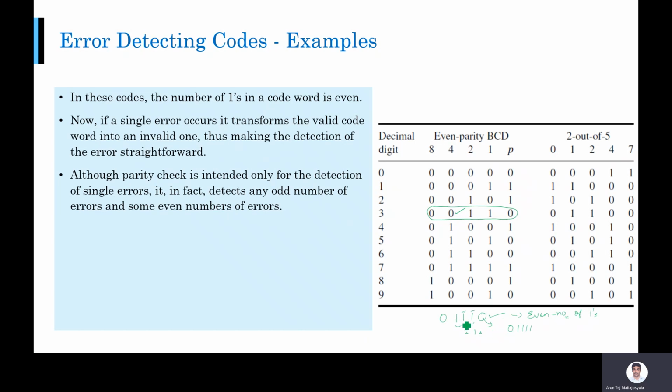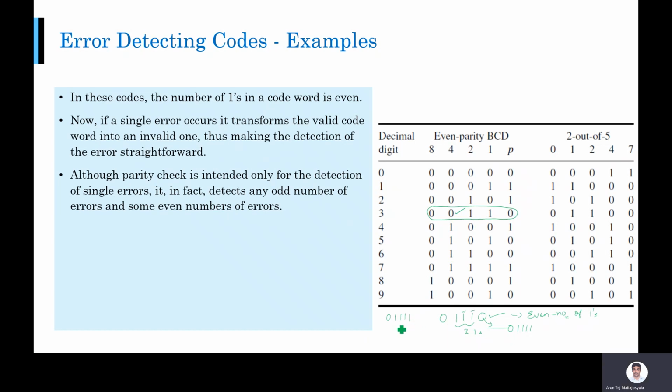That part we are able to easily see, because all we need to do is count the number of ones and check if the parity is getting satisfied. Of course, what if you are getting two errors? Sorry, I have only one error here. So I transmitted 00110, there were two errors, and I got 01111.